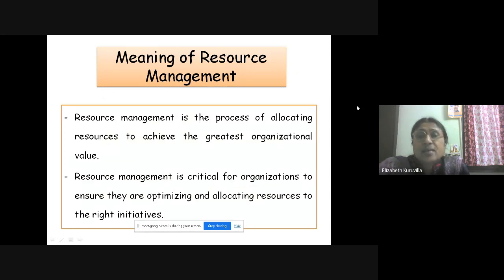Now, the meaning of resource management. What do we mean by resource management? When we look at the term, we can see that resource management is a process, a kind of process of allocating resources to achieve the greatest organizational value.